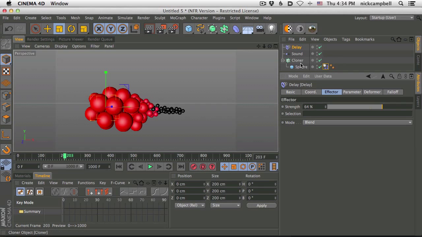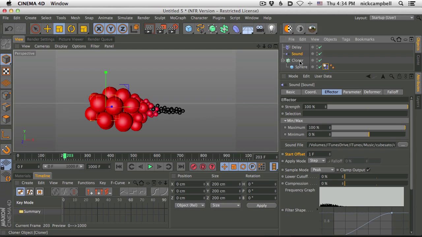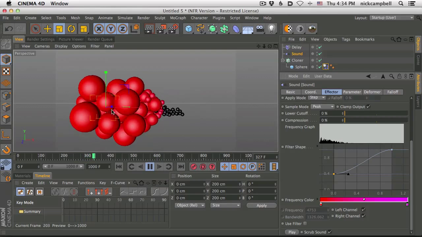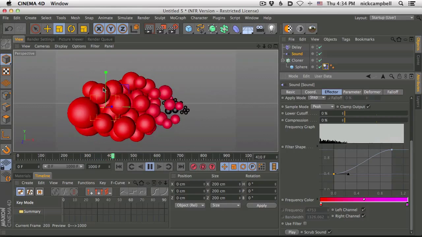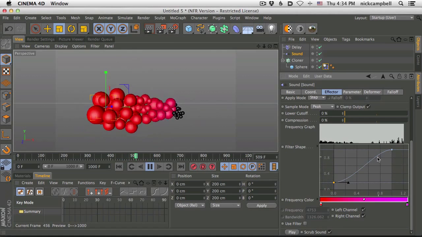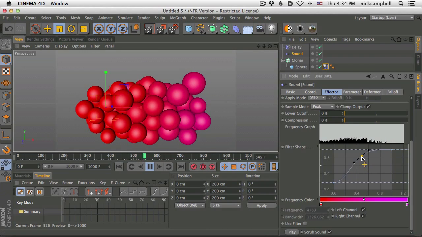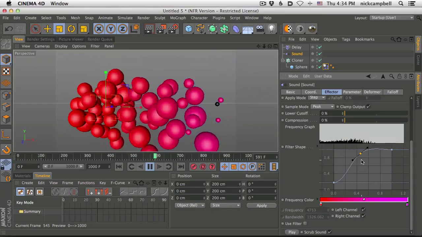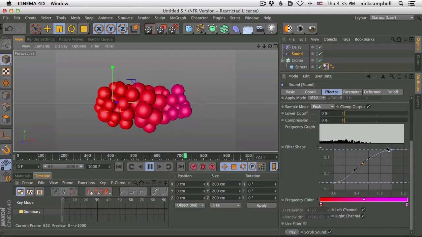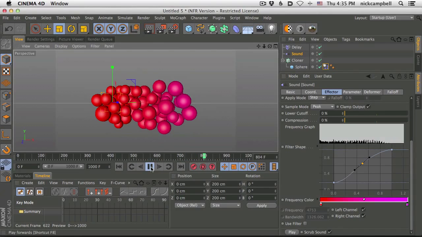Lovely. Okay, so now what I ended up doing is duplicating the sound effector. And before you move on, one thing you might want to do is visualize and equalize your sound. So if you have too many of them moving down in the bass, you may want to do something like this with this filter shape and tone down the bass. And if you want your mid-range to go up, you can make a little notch here and move that up, right? So it's all up to you on how you want this stuff to move. Obviously, a lot of settings here we could play with. But this looks pretty close to where we were. So let's stop with this sound effector and go into the next one.